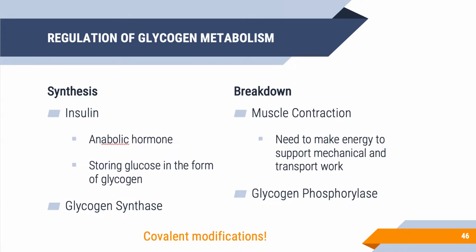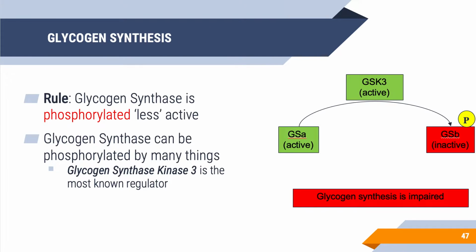Importantly, both of these enzymes, glycogen synthase and glycogen phosphorylase, undergo covalent modifications. If we think back to last week's lecture, these covalent modifications are manifested by phosphorylation reactions, either turning on or turning off that enzyme, and this is our coarse level of tuning. So thinking about glycogen synthesis, the rule of thumb is that glycogen synthase, which promotes glycogen synthesis, is phosphorylated, less